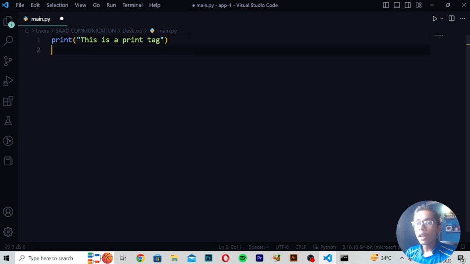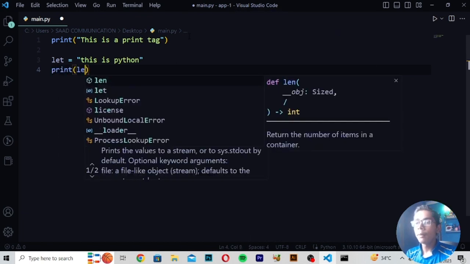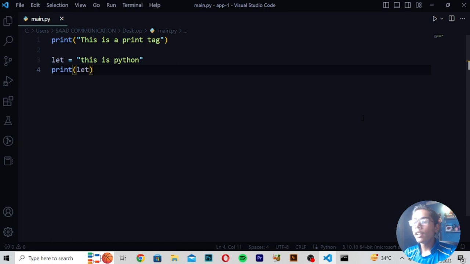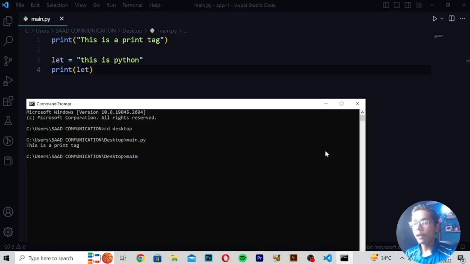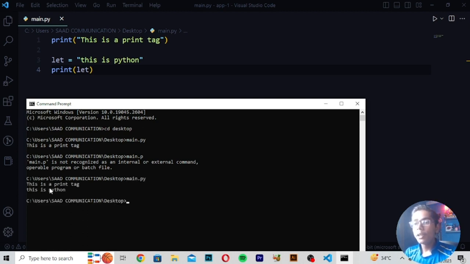Here I will move down, and if I write let is equals to, then I will write this value. Like in JavaScript we write brackets, but in Python we don't write brackets, we directly write colon, and then we write the text which we want to define. So I will now write: this is Python. Then if I want to define this let, I will make a print tag and write here let. Save it. Then if I run it again, my file main.py, you can see, okay, my file name was incorrect here as well. Now press enter. You can see it is showing me this is a print tag and this is Python,